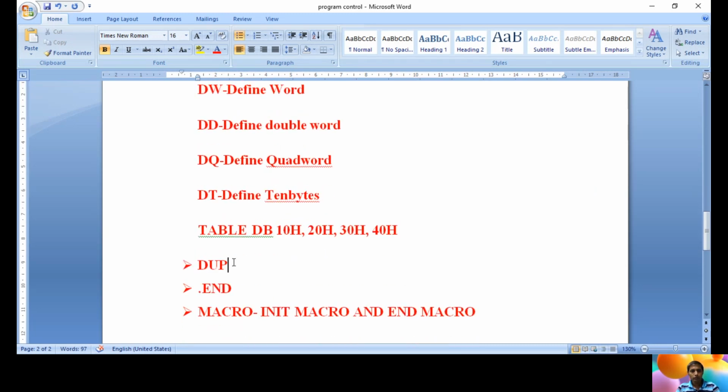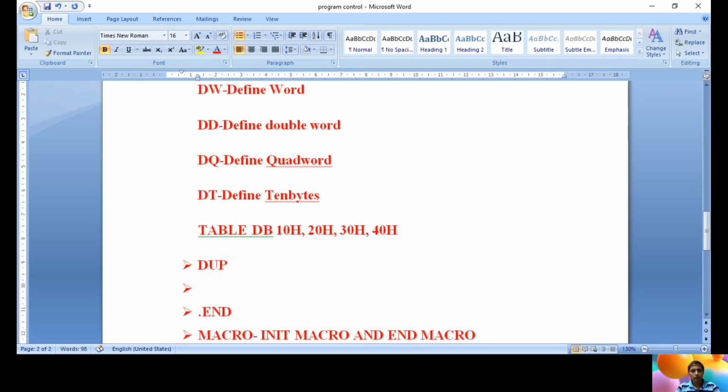Data types done. Next, duplicate is another assembler directive. Let us see what a duplicate directive is. As the name suggests, this duplicate directive is used to assign a number of memory locations with duplicate values. It assigns a specified number of locations with a duplicate value. For example, if I need to send one value into n number of locations, that value will be loaded to n locations at a time with the help of the duplicate instruction.